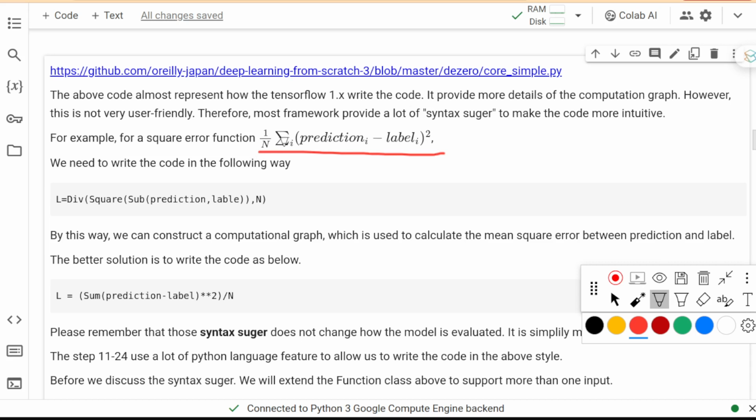And in TensorFlow 1, we need to write the formula in this way, using the subtract function to subtract the prediction and the label, and then we take a square, and then we divide this number by the n here.